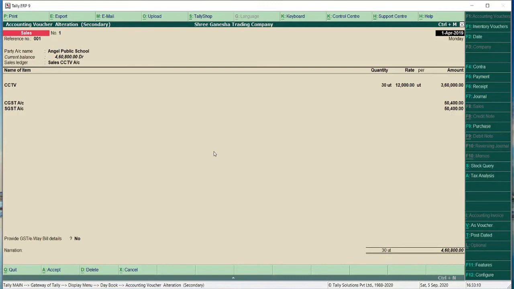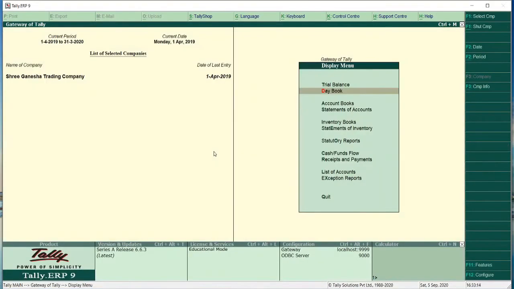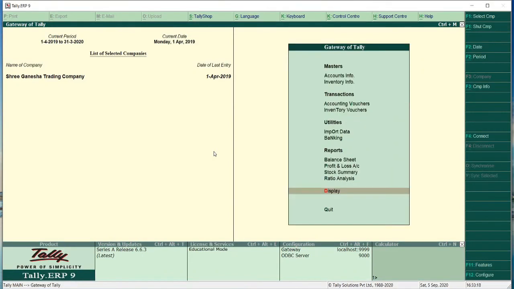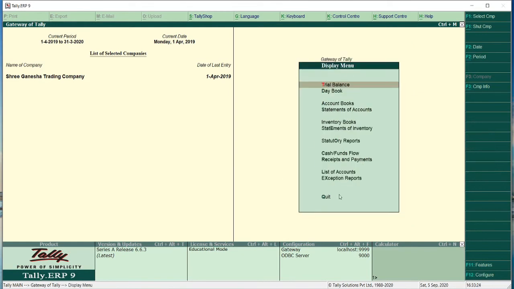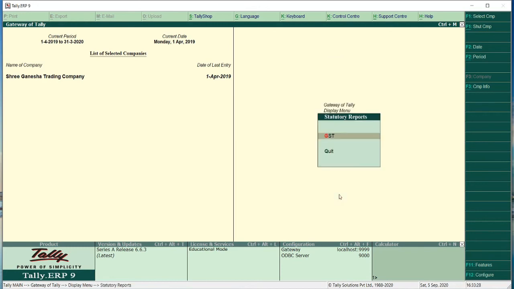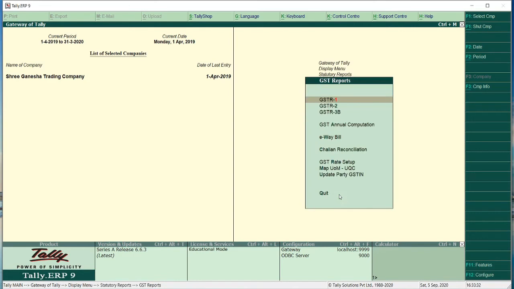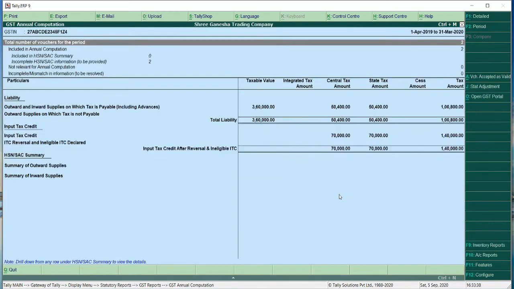I will quit from this by pressing escape key. From gateway of Tally, display, statutory reports, and here you can see the GST option is there. GST 1, 2, GST 3B and GST annual computation report.